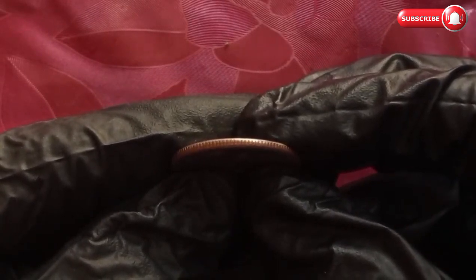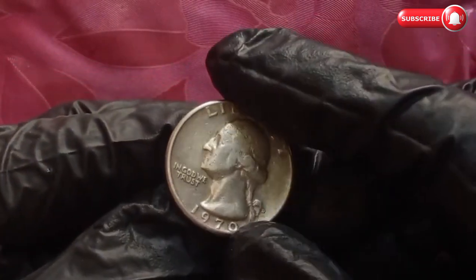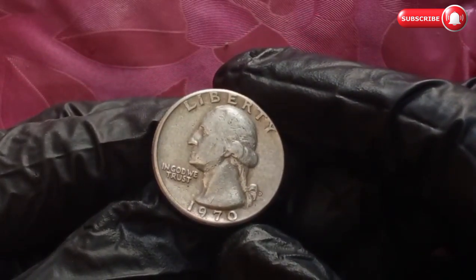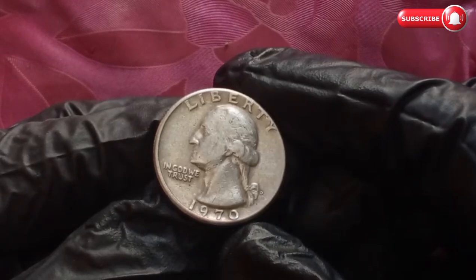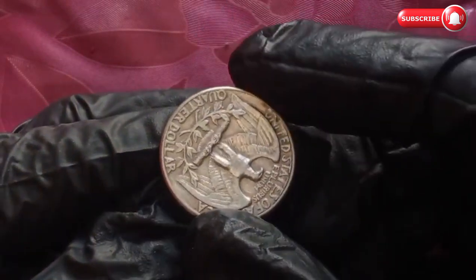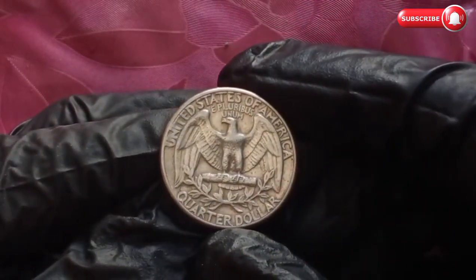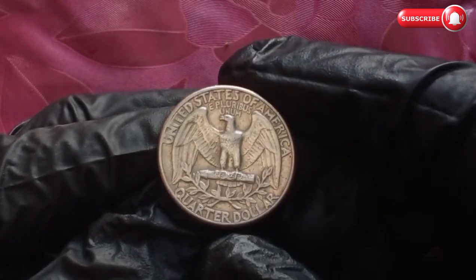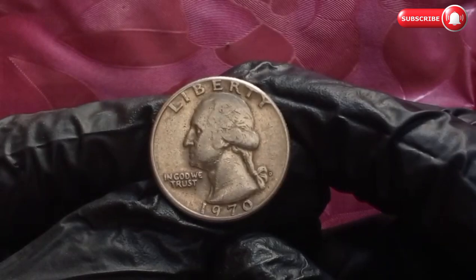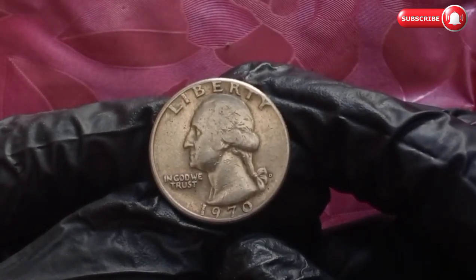Chapter 6, Special Varieties and Errors. For collectors, small differences mean big excitement, and the 1970 quarter delivers. Aside from the fabled 1970-S proof quarter struck on a Canadian coin, collectors prize certain other varieties, such as the double die obverse, where elements like Liberty or In God We Trust appear slightly doubled under magnification. Mint errors, like off-center strikes, clipped planchets, or broad strikes, also add intrigue, transforming an ordinary 25-cent piece into a rare